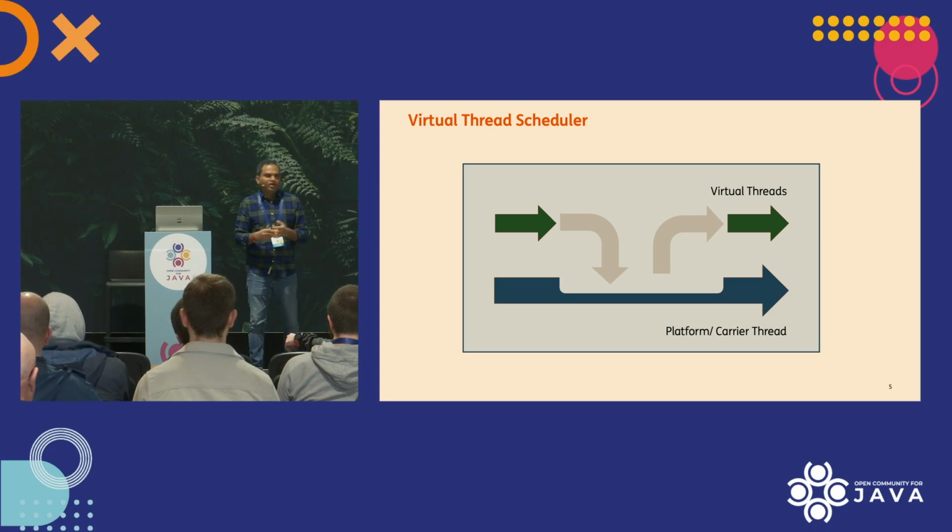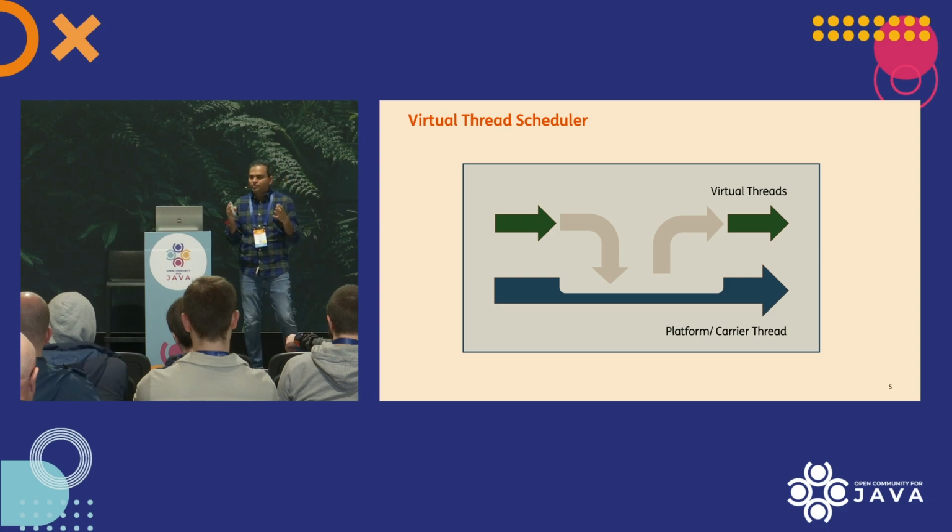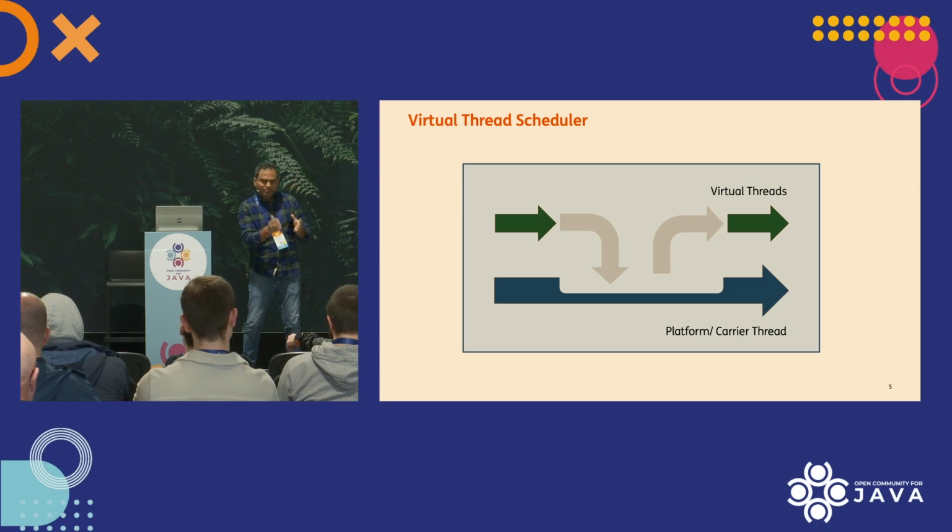Now, this waiting could be waiting for a network resource to be available or waiting for a database to return something. And during all of these waiting times, the virtual thread does not require a platform thread, so it gets unmounted. And it also relieves the CPU from any processing. Now, if you look at a typical IO-bound application, threads spend a lot of time waiting, right? And if you use virtual threads, all of that waiting can be avoided. Meaning only your virtual threads would be waiting, but your platform threads would not be waiting, and your CPU would not be wasted, right?